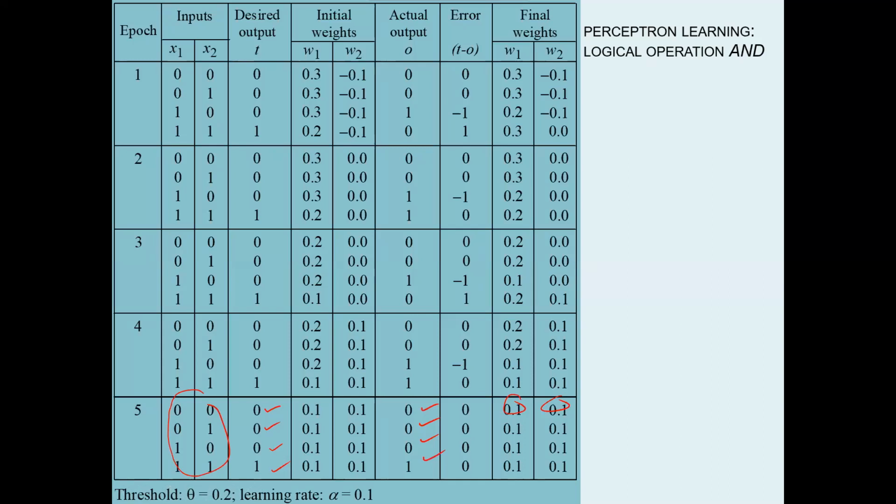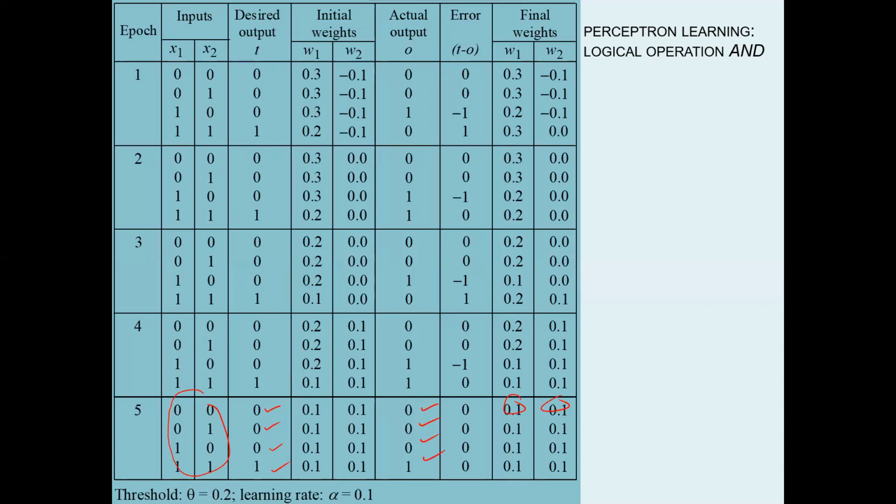Because every time I will get error which is 0, and when the error is 0, weights will not be changing. So you can say in 5 epochs, this algorithm has converged. And one last thing before we discuss this, you see, when we are changing weights, if you remember when we